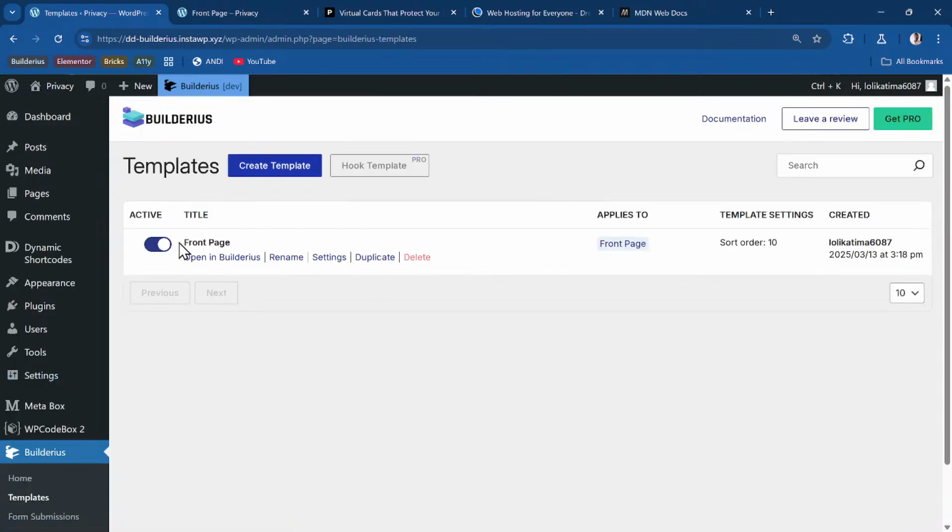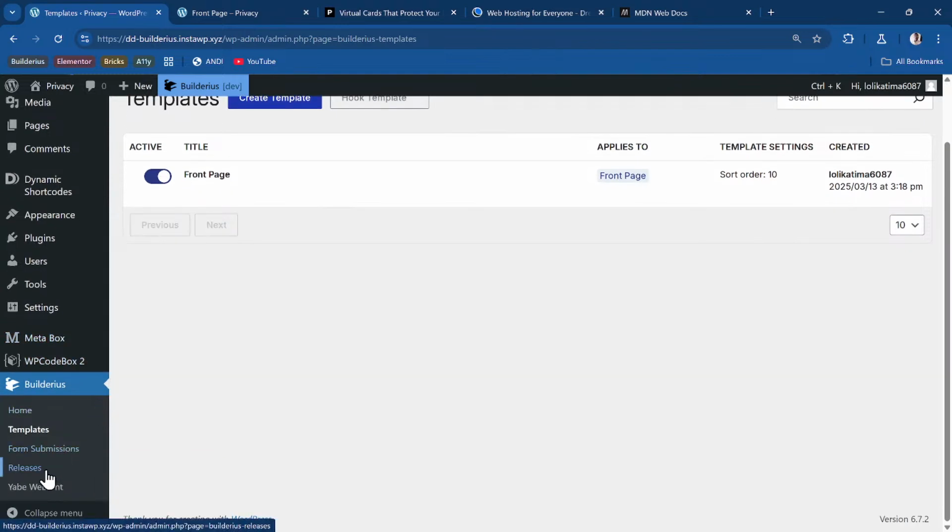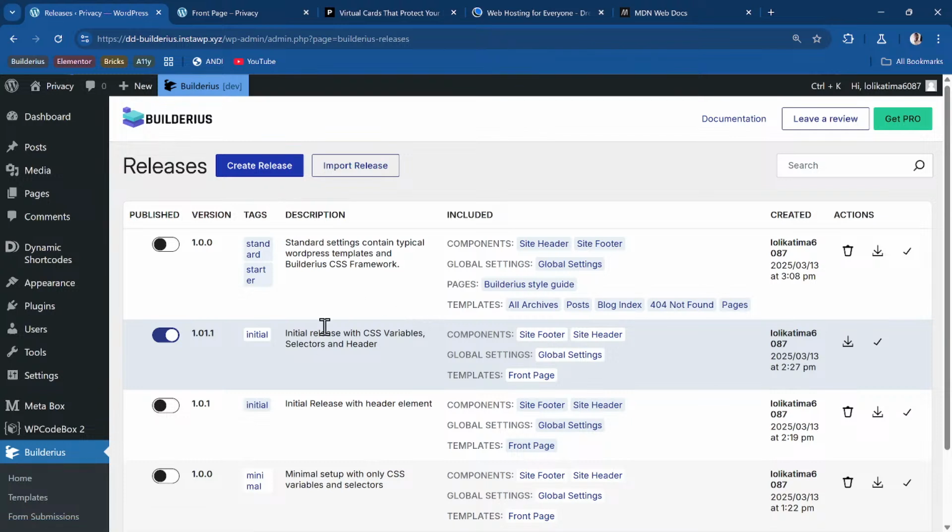But if you are coming from a release that you have already created, let me go back to my releases. So these are the releases. This option just toggles what is on the front end. So this is the toggle to show what is going to go live to the audience. But if you want to now edit this template, whichever template you want to edit, you need to come and extract it. So to extract it, you see under these actions on the right hand side of your screen,